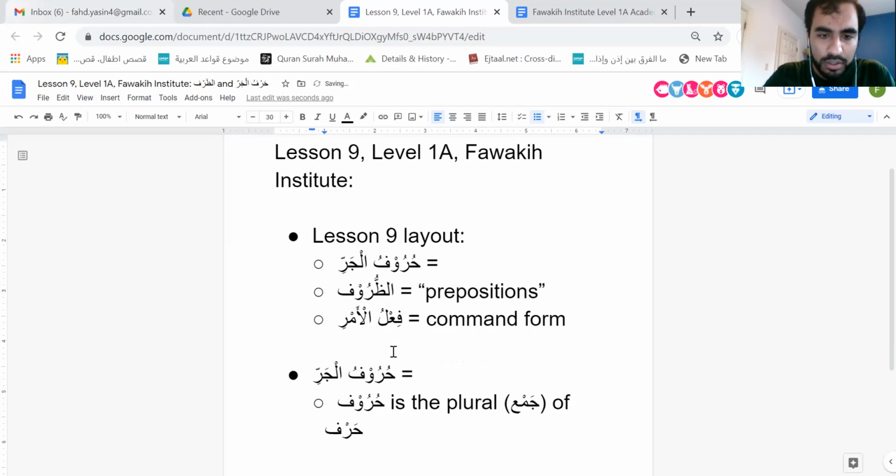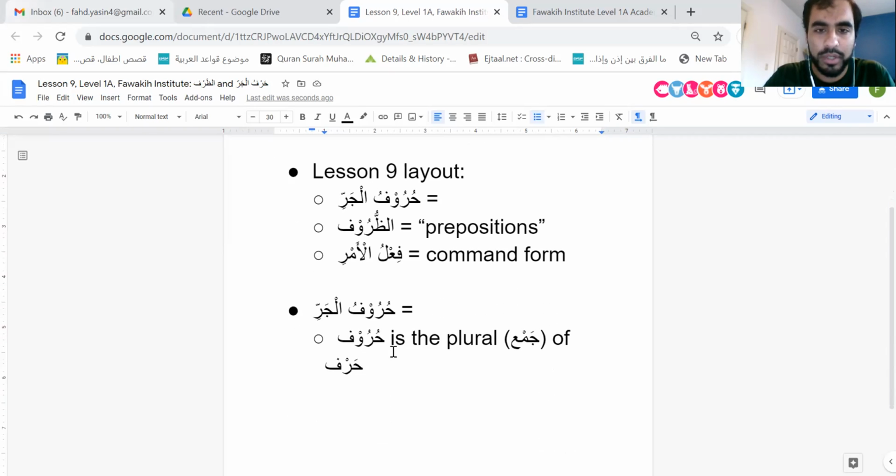Okay. So notice I'm not saying preposition here. I'm just focusing on what it is, how it's defined in Arabic, right? How the Arab grammarians look at it. So huruf is the plural of harf. I know in English we tend to say harfs or isms or fi'ls. That's taking the word in Arabic, like harf, and applying English grammar, because putting the suffix s at the end is how we pluralize things in English, right? Or es, depending. But that's not the way things are pluralized in Arabic, right? So keep that in mind.